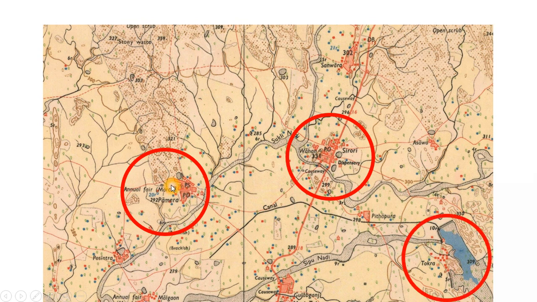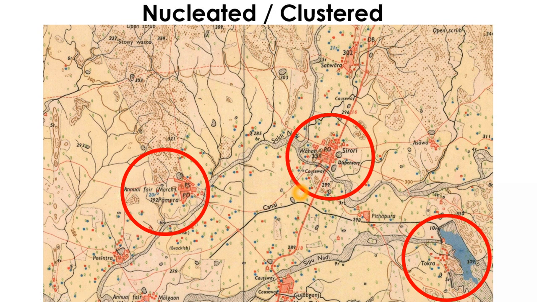And if you look into this one here in the southeastern part of the map, settlements are seen very close to this water body. So because of the availability of the water, buildings clustered in an area. So these kinds of settlements where buildings are clustered at one center point, it can be a marketplace, it can be a police station, it can be a water body, it can be any other feature, then this kind of settlement pattern is called clustered settlement pattern or nucleated settlement pattern. All of the settlement patterns in this one particular map are actually nucleated.